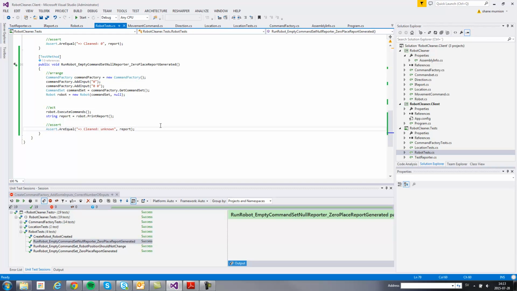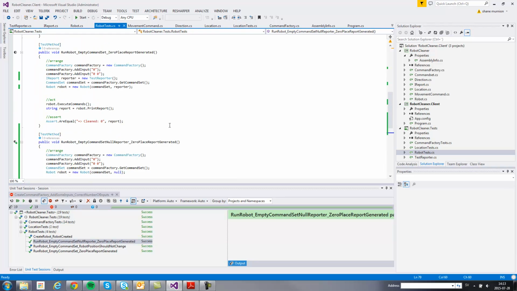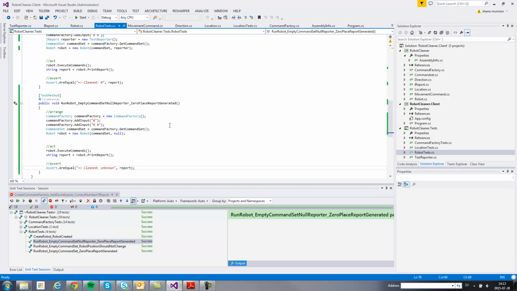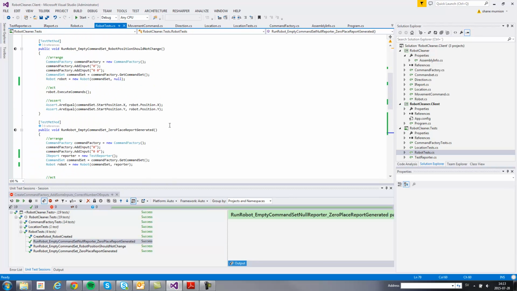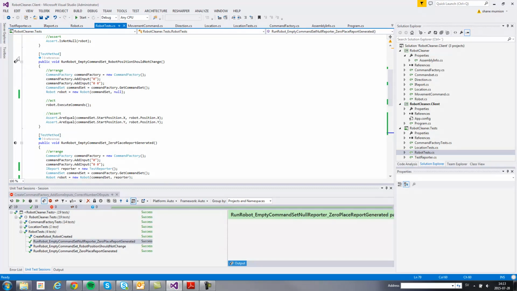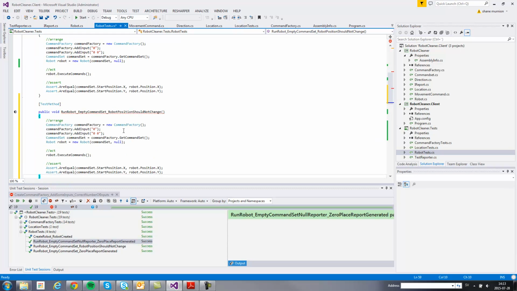At the moment, the robot isn't executing any commands. So we should add some test where the robot actually moves. If we take a simple case, we can change the test that we've got here so that the robot actually makes a movement. So we can call this test a simple command set,